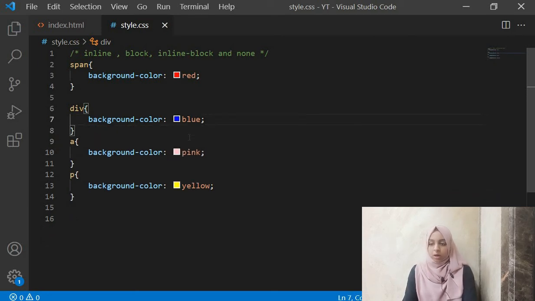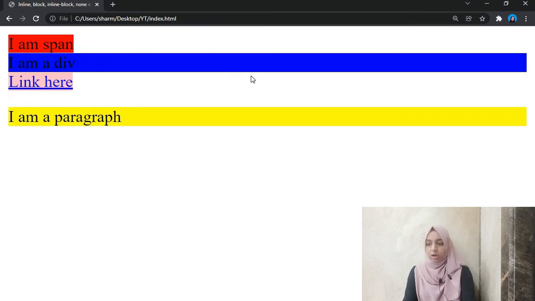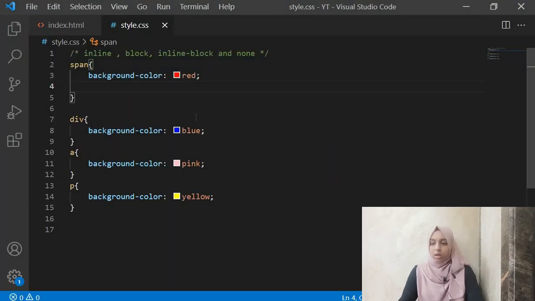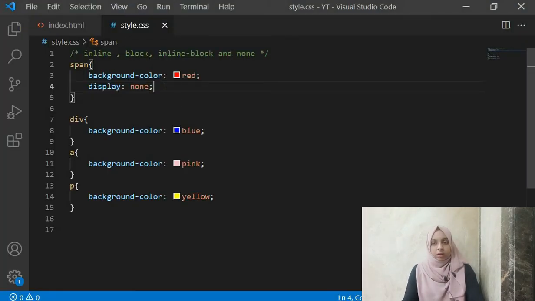Right? Now we look at the last property, that is our display none property. Before giving it, let's see how it looks. Okay, it's back to normal like we had in the start. Now here, if we give it a display of none, we refresh. By the name you understand, display none is don't show it on the page, right? So it disappears. It will no more be there.